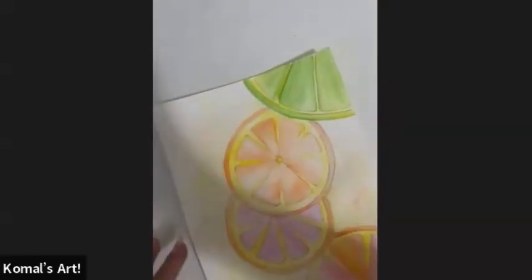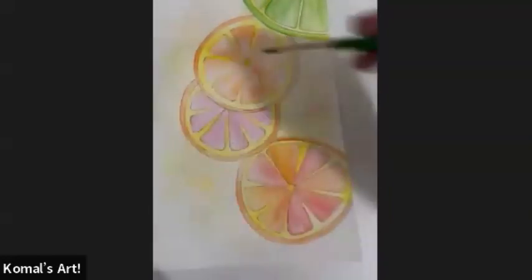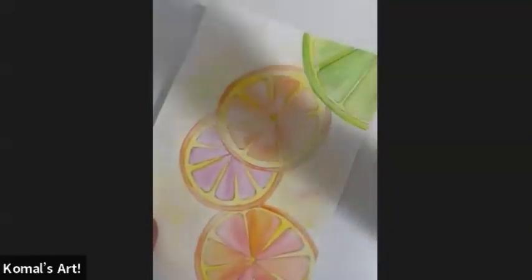I'm done with this lime. Same way I can show you for the one that I feel is a little light, that is the orange. Here you can even add some red outline to make it brighter. And you can even check the texture or the color on your paper towel first and then use it. So if I show you